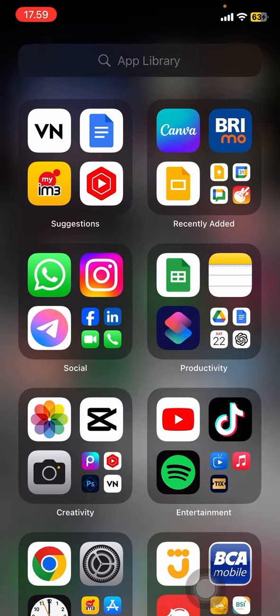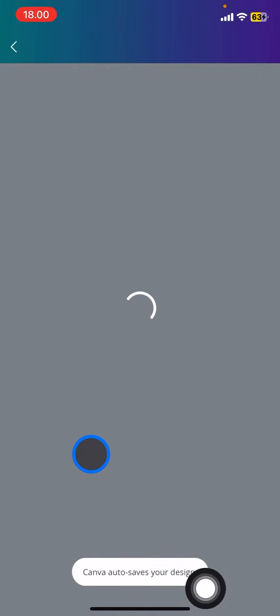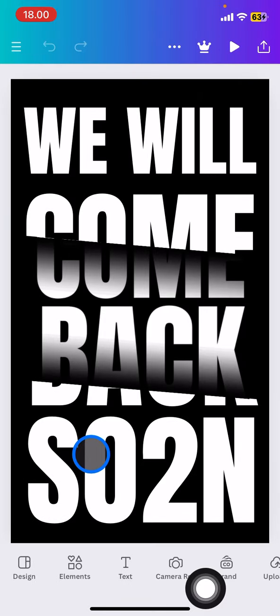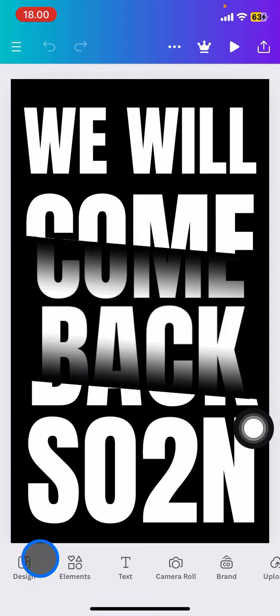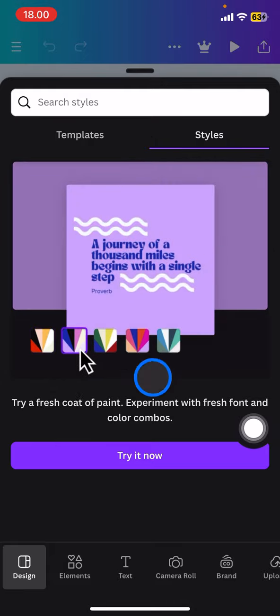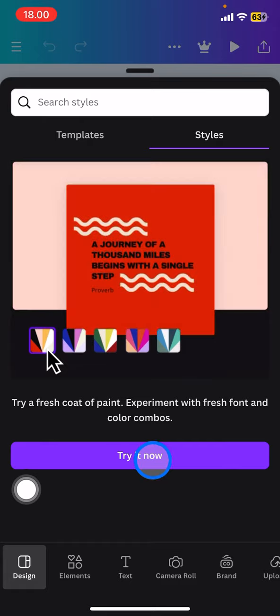Open your Canva application on your iPhone, and the next thing you need to do is open the project here. I already prepared this project. If you are stuck on the color of your design, just tap into this design and tap into the styles, and that could be a color combination inspiration provided by the Canva application. You just need to tap into try it now,